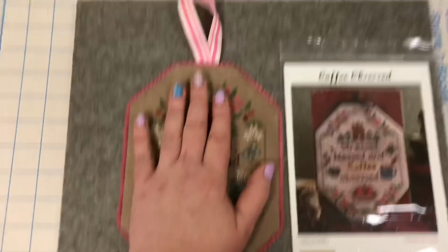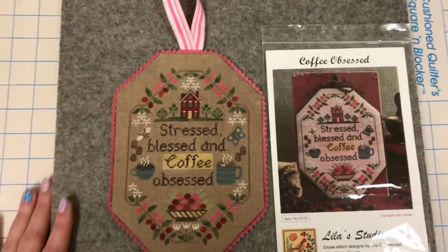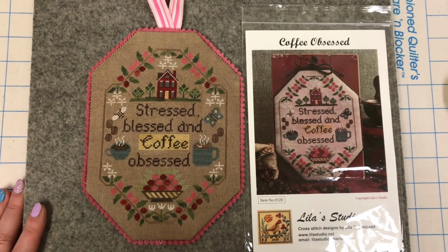Obviously, this is much bigger than an ornament. This is quite large, but I think it came out really cute. So I'm going to gift that, and I just wanted to let you guys see before it goes away. Okay, so